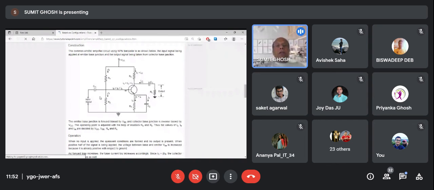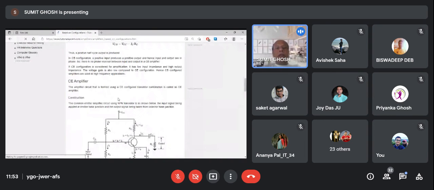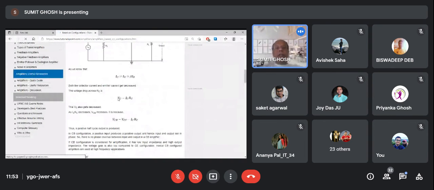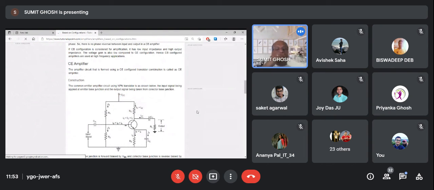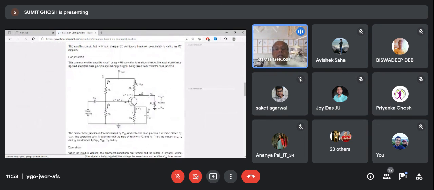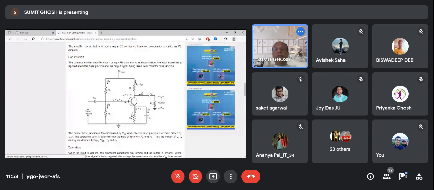From now on, we will study only the common emitter configuration for an amplifier. Other transistors can be used as amplifiers, but we will not show them. So we'll concentrate on common emitter. This is a single stage amplifier in the sense that it has only one stage. This itself is one amplifier. How it is connected, you have already come across because you have studied potential divider circuit.